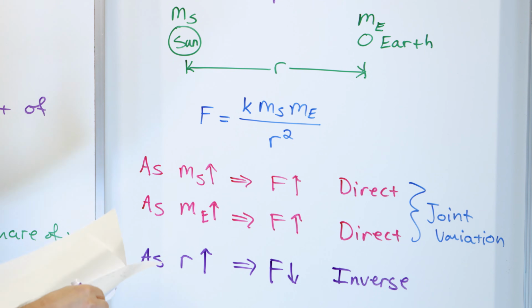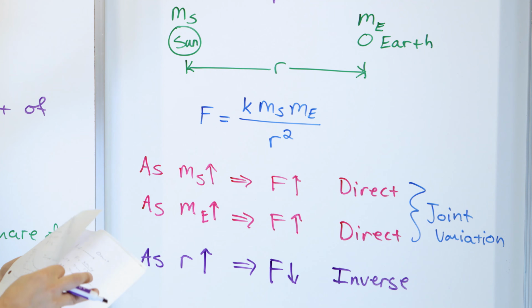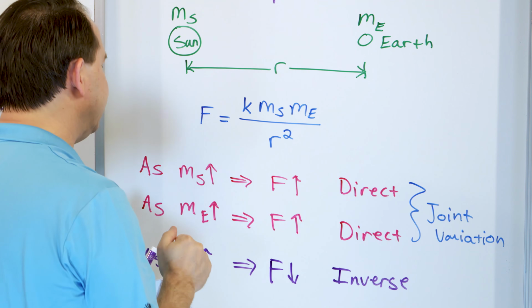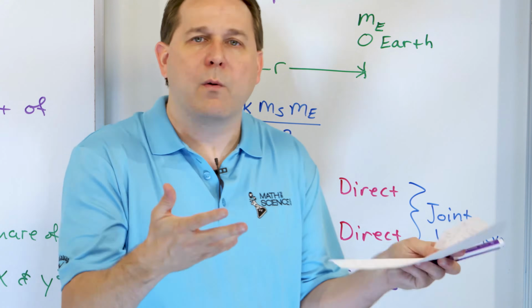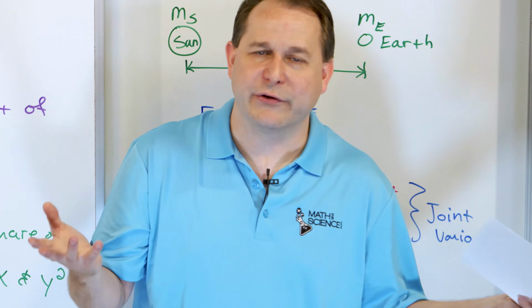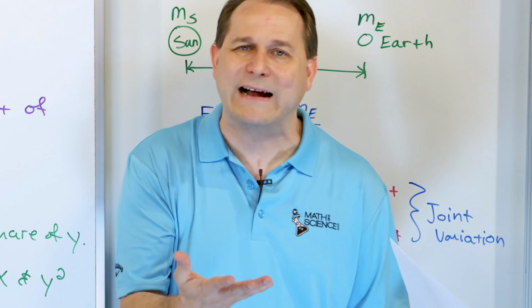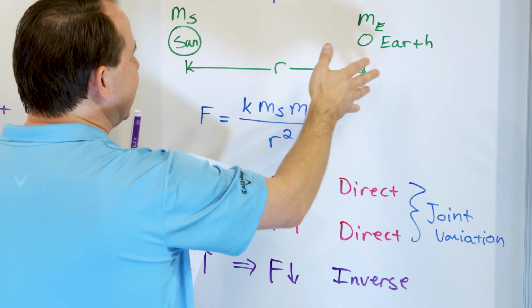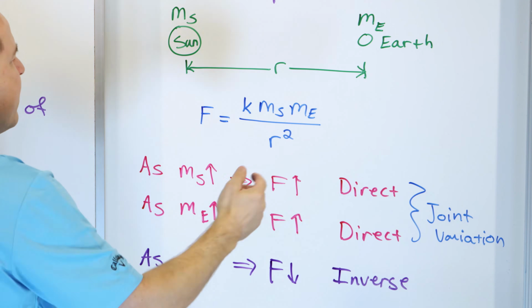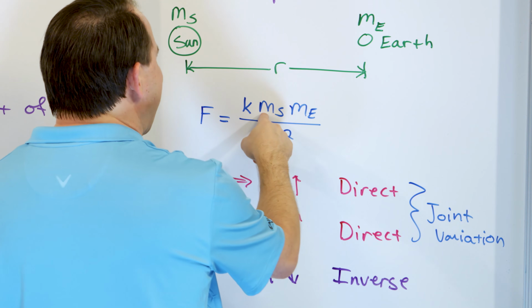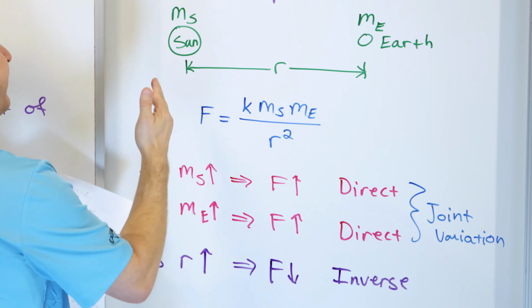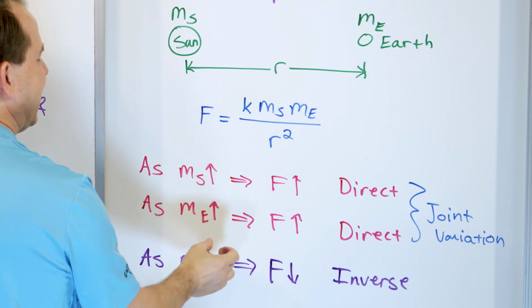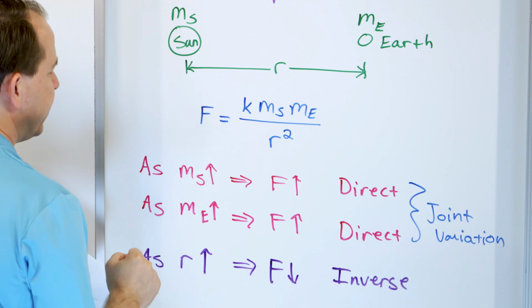So I wanted to bring it home. Let me make sure I caught everything on my previous notes here. What we basically figured out is that we've used the very famous law of gravitation to really bring what we're learning down to earth, so to speak, to show that it actually has a practical relationship. We know that the gravitational force between, I did the sun and the Earth here, but between any two objects, varies directly as the mass of object number one. It also varies directly as the mass of object number two. And it varies inversely as the square of the